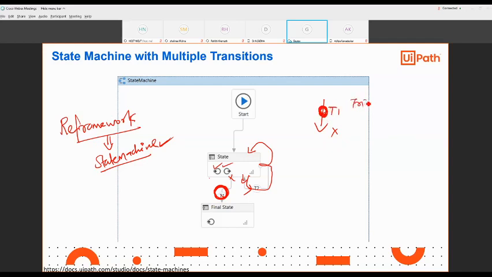Trigger condition, again trigger condition, again trigger condition. This thing will continue. And suppose a particular transition is going back to the original state, as you have defined it, then this state will basically execute entry state, then exit state, and again back to the entry state. I hope it is clear. There is no doubt with this part.